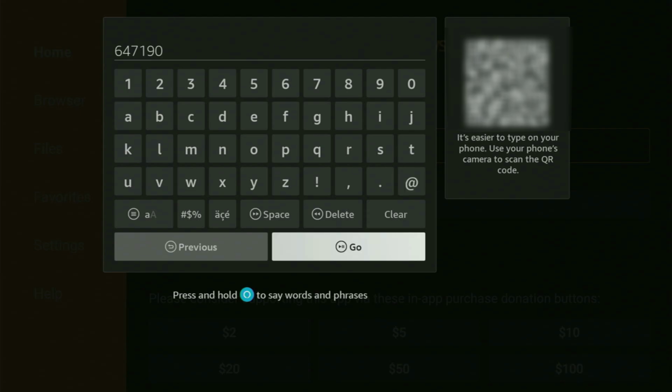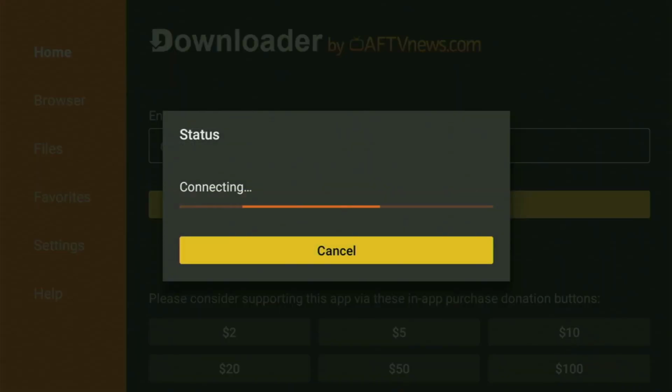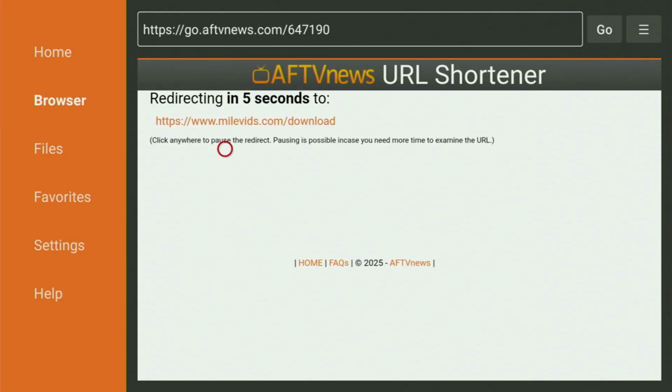any mistakes. Then you click on go, and while it's loading,